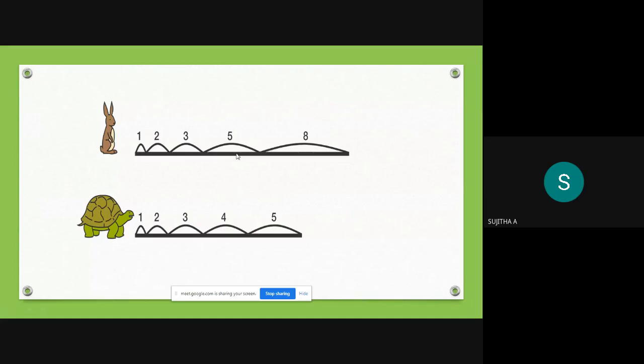Sir, in the first picture it was jumping sequence-wise, sir. 1 plus 2, 3, 3 plus 2, 5, likewise, sir. Okay, very good. Your guess is correct. But in the second picture it is not so. It is jumping one by one. One first jump ஆகுது, sir. So slow very இருக்கும், sir.